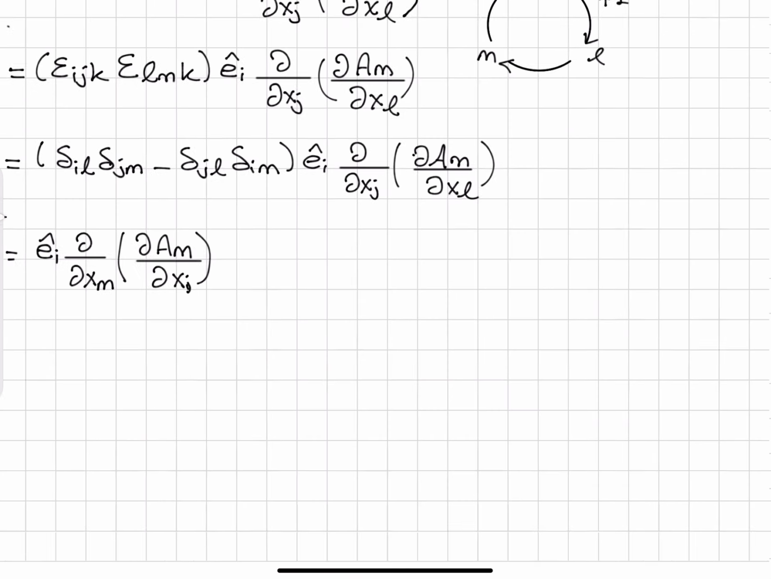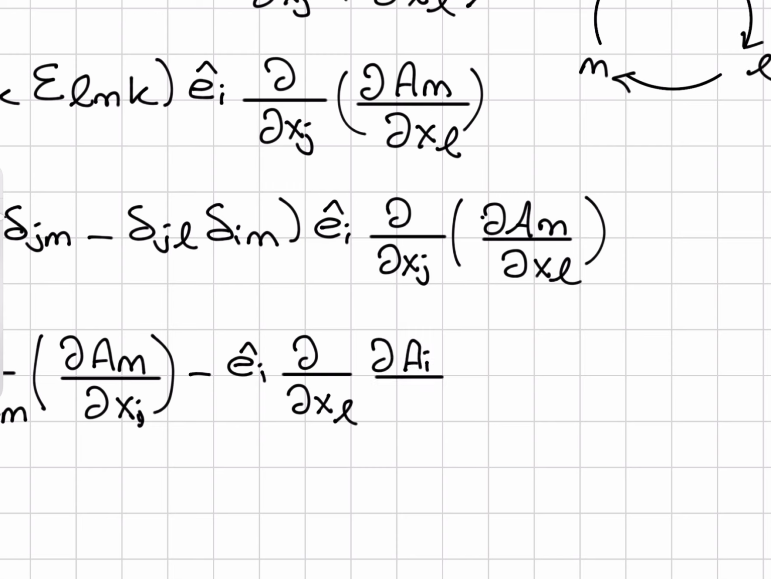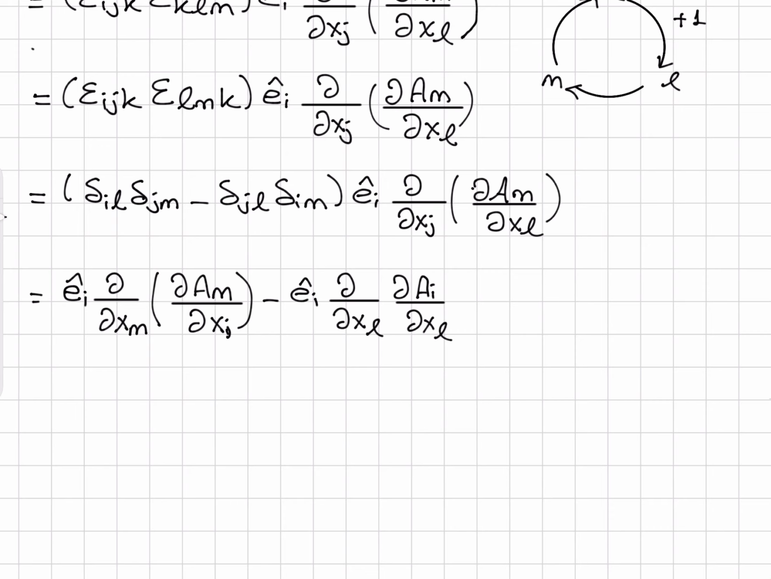And then we have the second term, which says j will be equal to l and i will be equal to m. So we're going to keep the i here, e_i hat. So j will be equal to l, del x_l, and i will be equal to m, so m will be equal to i, del a_i, del x_l. All right. And this is equal to